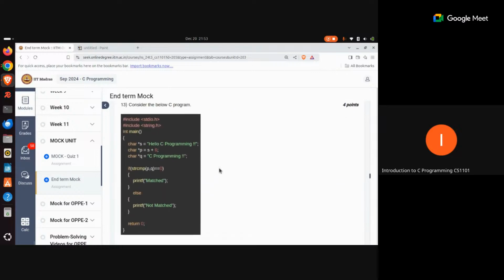Okay, so here is another question. This is importing this string.h library file, and that is why it is able to use this strcmp function that you can see here. So it creates a pointer S. Ultimately it is creating a kind of character array here, and it is trying to store a value, hello C programming, this long string, into this pointer called S, and then it creates another pointer P, which is referring to some element from this S pointer only.